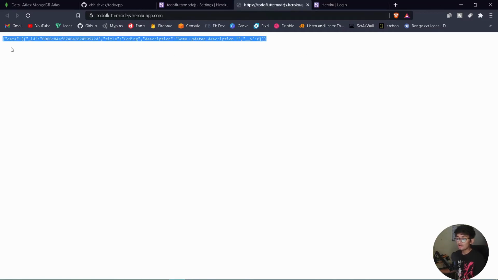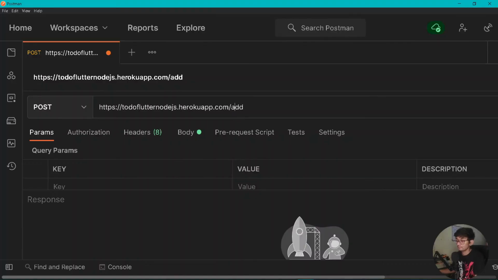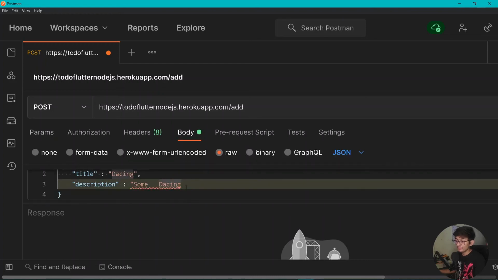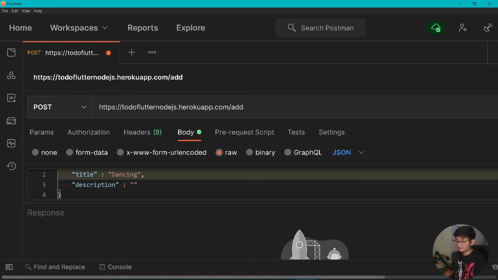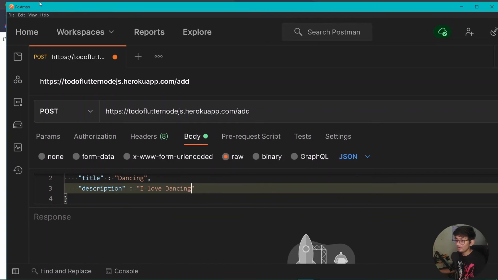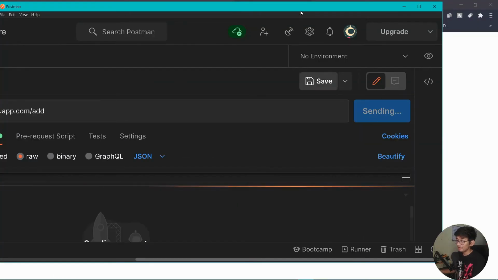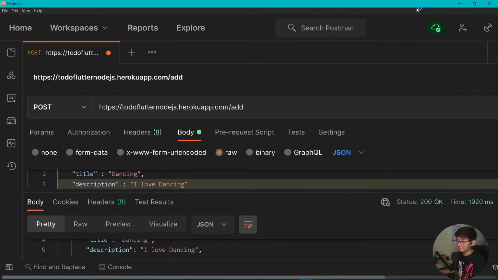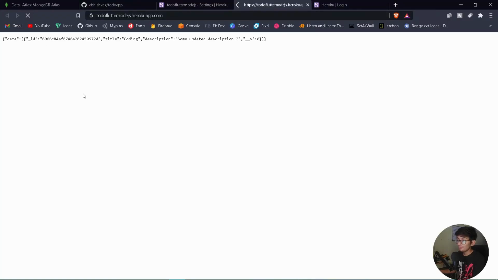So now once we are getting all of our data over this URL, let's copy this URL and open it in Postman. So let's go under the add one and here we should be sending some data to our server as well. So let's go under body and here instead of having this, let's remove it and add quotes, and under quotes I can simply say dancing. I need to work on my spellings. I love dancing, just like this. And now let's try sending it out. And if I send it out and open it once, cool, so now you will be getting our entire data. The data is submitted. So let's go over here and reload it once.